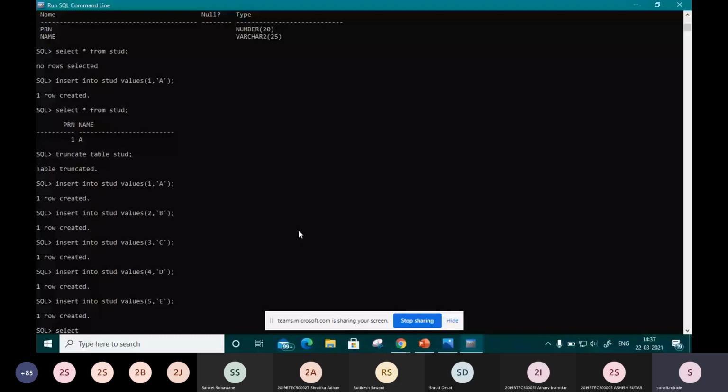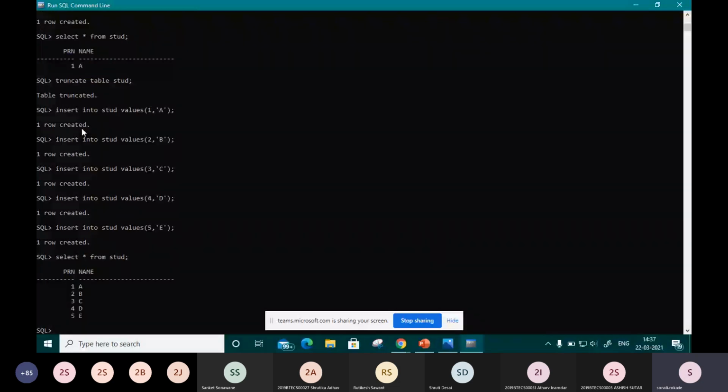In our truth table, we have PRN and name. 2 attributes are there. For all, we will use the star symbol. Now I have to tell from which table: truth table. So it will get retrieved.